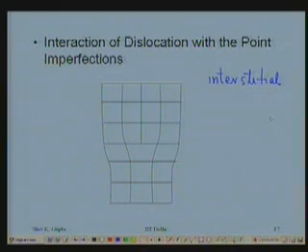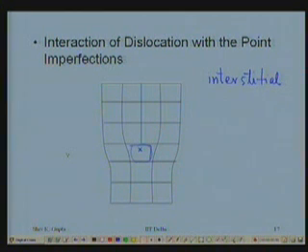So when an interstitial atom sits, for example carbon sitting in iron, it strains the neighborhood. However, if you can find a bigger void space, it will go and sit there, it will not strain the neighborhood so much. Where is the location, the void space which is bigger in volume? Below the half plane. You see, this is a much bigger region and it can sit here. That's the interstitial void where it can sit, just below the edge of the half plane.